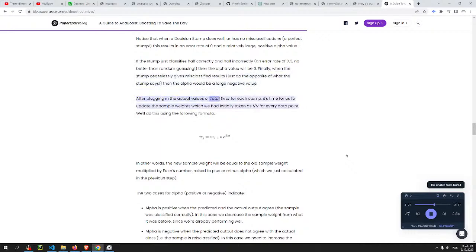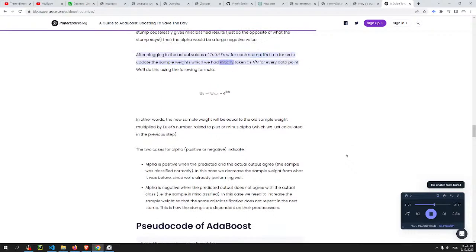After plugging in the actual values of total error for each stump, it's time for us to update the sample weights which we had initially taken as 1/n for every data point. We'll do this using the following formula. In other words, the new sample weight will be equal to the old sample weight multiplied by Euler's number, raised to plus or